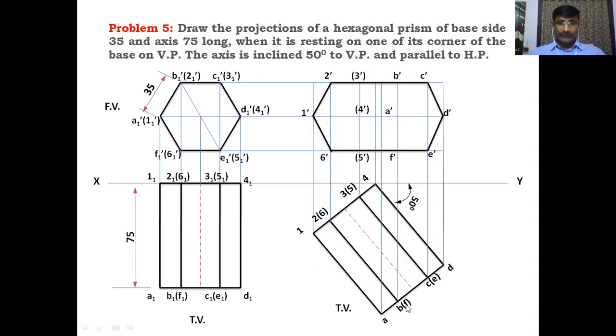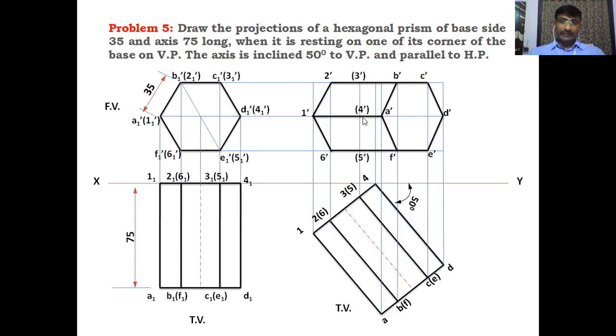So first of all, join the visible base. Join all the points of that base with the dark pencil. That's why I'm joining A dash B dash and A dash F dash. This is the visible base when looking from this side. And the A to 1 longer edge is also visible. That's why I'm joining these 2 points, A dash to 1 dash. This is a longer edge.